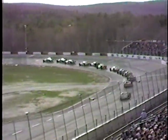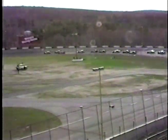5th is the number 0, Marty Radwick. 6th is Ed St. Angelo. 7th unofficially is the Frenchie's number 6 for Hirschman. 8th is Ray Miller. 9th is Stefanik, and unofficially in 10th it would be Jeff Fuller, car number 2X. They are nose to tail, bumper to bumper, a freight train of 12 cars long as Jim Spencer, Corky Cookman, Mike McLaughlin, Brian Ross, Marty Radwick, Ed St. Angelo, Tony Hirschman, Ray Miller, Mike Stefanik